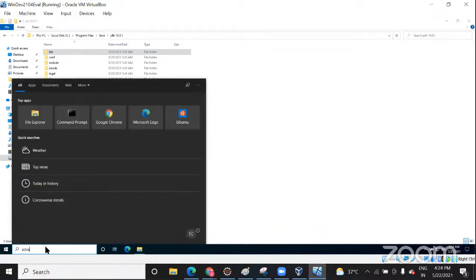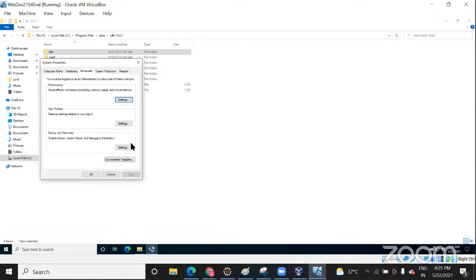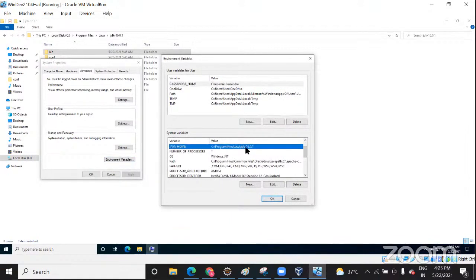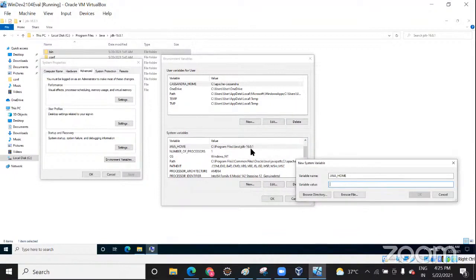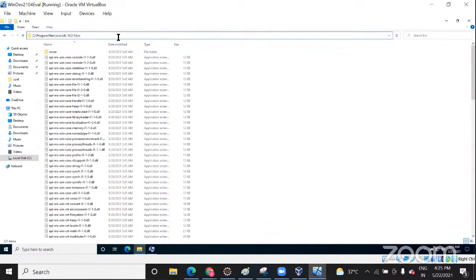Just go to the advanced system setting, environment variable. I need to give it till bin only? No, without bin. You can see here, C Program Files Java JDK. So how are you going to edit? You need to type New. Here you need to write JAVA_HOME, Java underscore home like this, and then you need to give the path. What path will you give? This one, till your JDK, meaning till here. In some systems you need to give it till bin. If it is not working, then try to give it till bin.